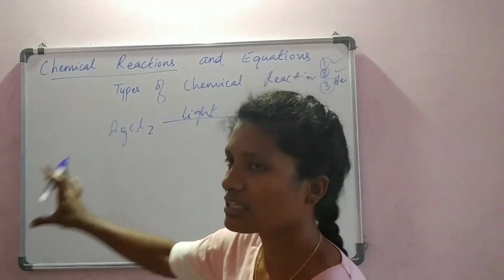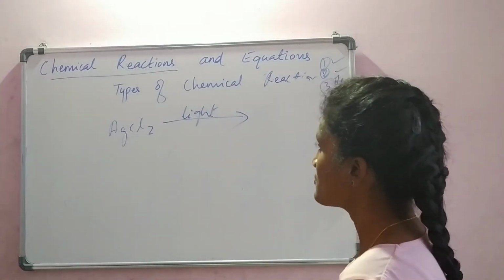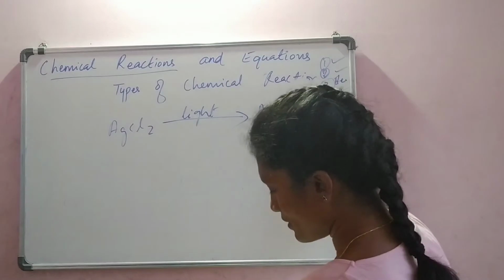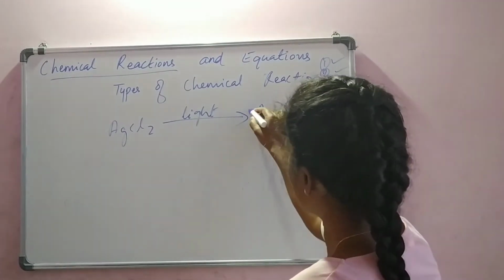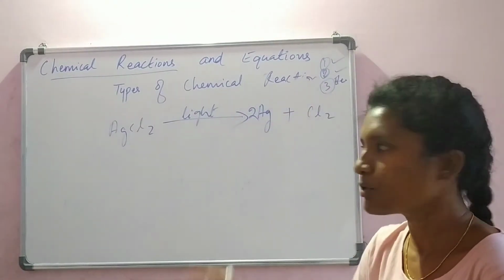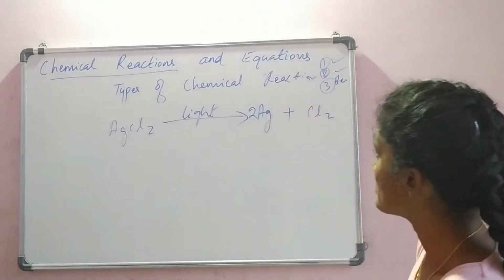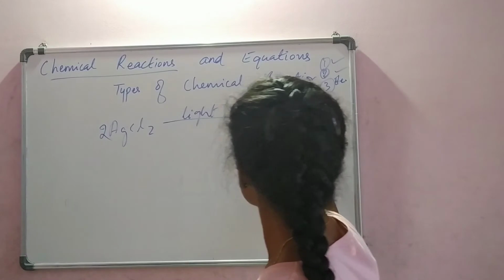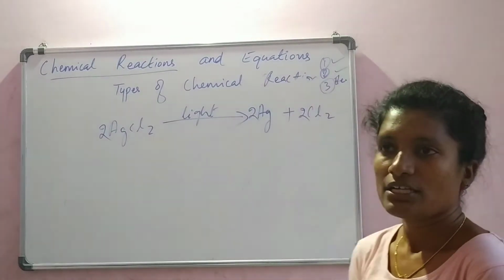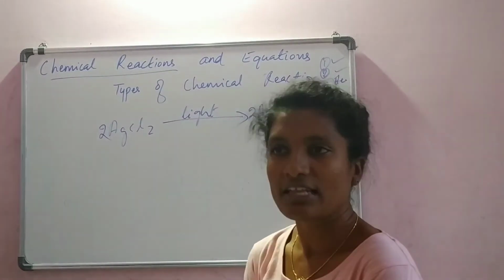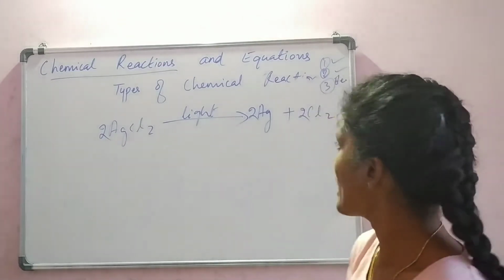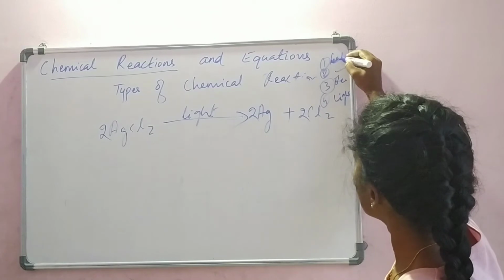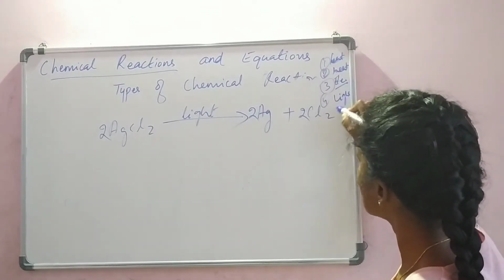Sunlight falling on silver chloride gives silver and chlorine, so it gets decomposed. Like water got decomposed, here both these elements get decomposed. Fine. Okay. So what is that energy which is being used here? Light energy. So this can also be asked as an activity where light energy is used. The first two were heat, the third one was electricity, the last one is light.